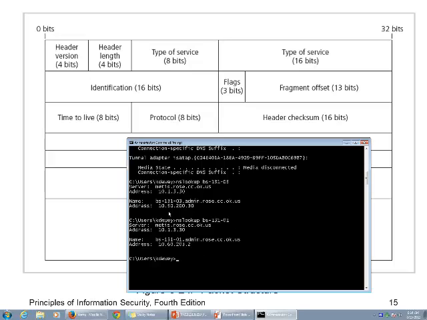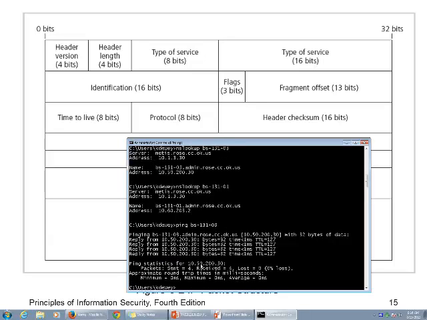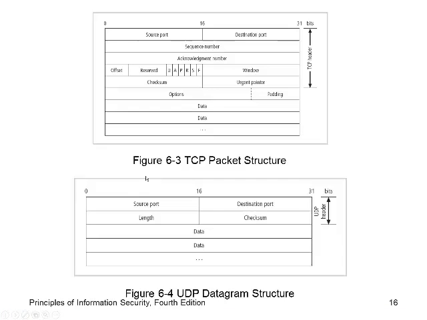If I was to connect to Roy, say I did ping BS-131-03, I'm actually sending connections to Roy's machine. And if he had a firewall going, he would see the source would be me, the destination would be him. Okay, so that's just one way they're used. Just a little bit about it. Okay, there's source to destination. There are other options, which we don't really cover here, but there's a lot of options for the packets. Then the actual data itself. Okay, let's move on to the next slide.